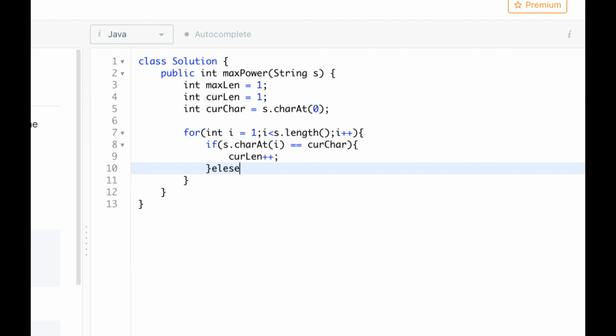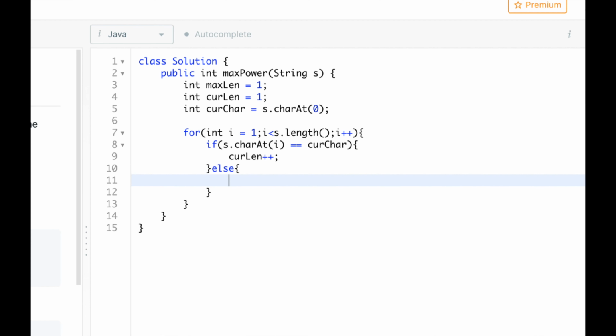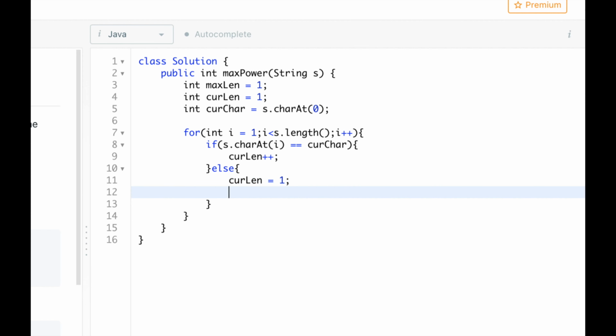Else, if that's not the case, you will reset the current length to 1, because you will not add anything to the current length, and you have to update the curChar as well, which is s.charAt(i), right?